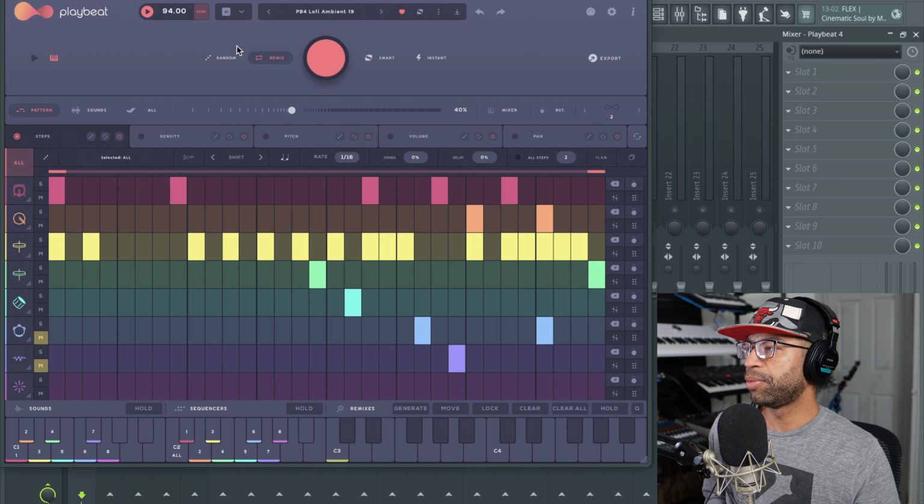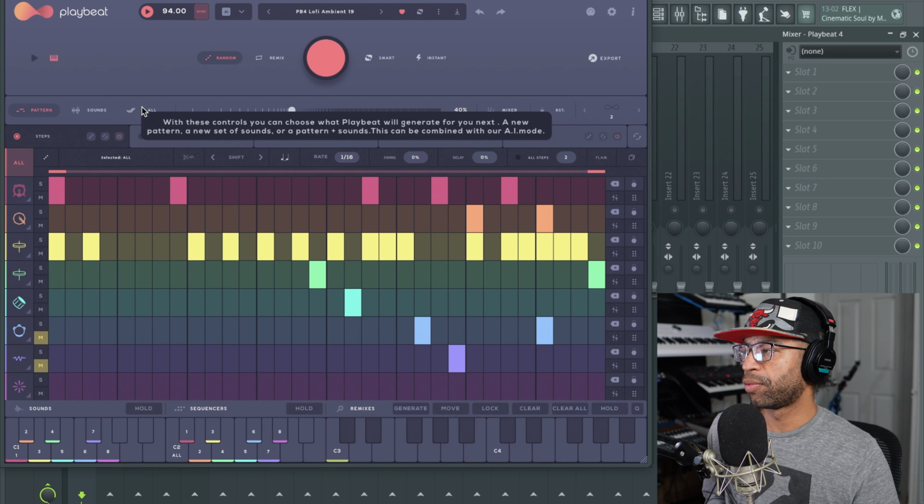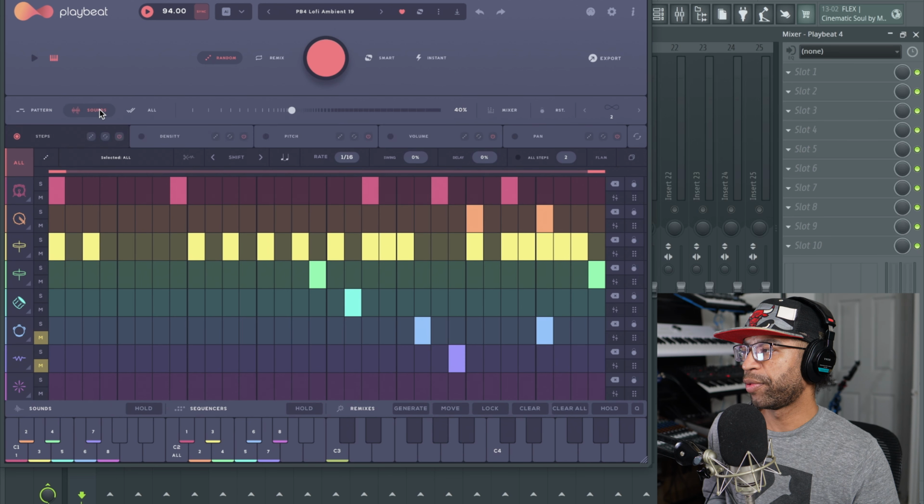You know what I'm saying? So you can keep remixing it, or you can hit this random button right here, and then it'll randomize it completely for you. Now you have the option over here to randomize the sounds, or you have the option to randomize all or just a pattern. So if I randomize the sounds right here and I hit this button,